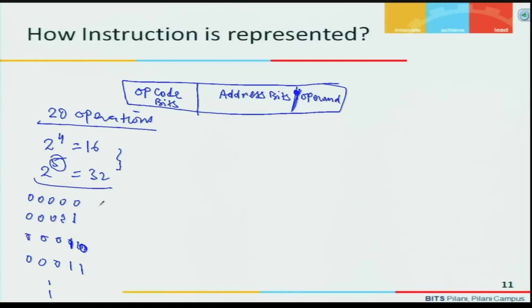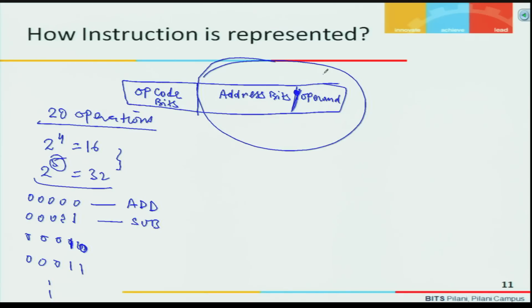So say for example 00000 means in some architecture it's an add, and 00001 means it's a subtract, and so on. Then the rest of the part of the instruction is also represented in the form of binary digits. That tells me, let's say add, so the opcode bits are 5 zeros, then the rest of the part needs to tell me